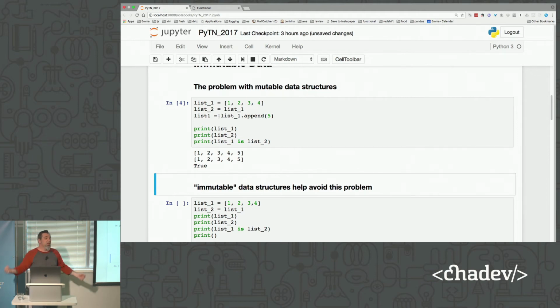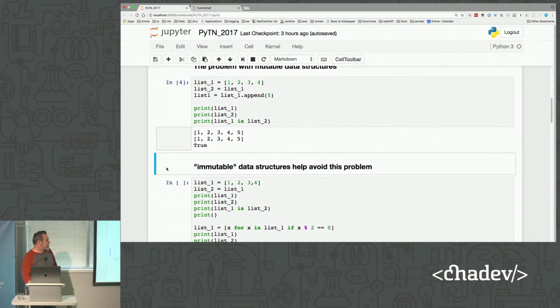Because we created a list, and we created 2 pointers to the same list. The last print statement there, list 1 is list 2, is Python's comparison, and it's true that list 1 is list 2. So here we see we have this one object that you may pass in. I may reassign it to a new variable, but because it's the same list, if I make any changes, my changes percolate up to your list.